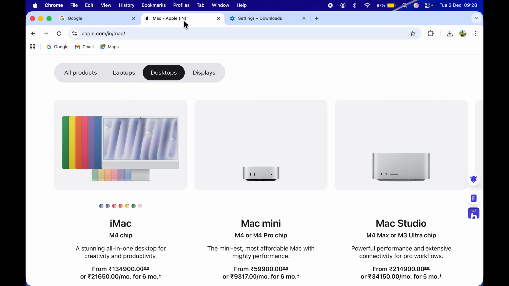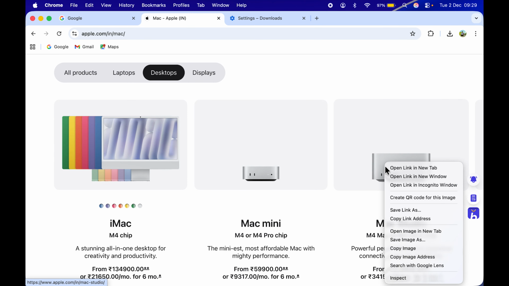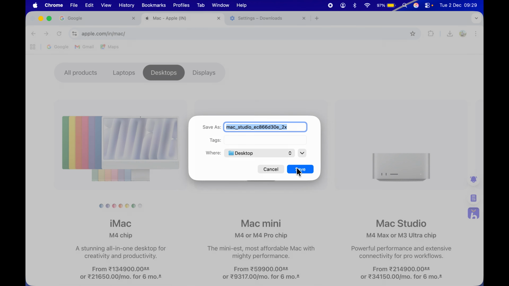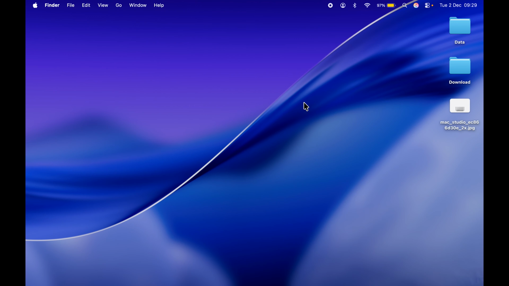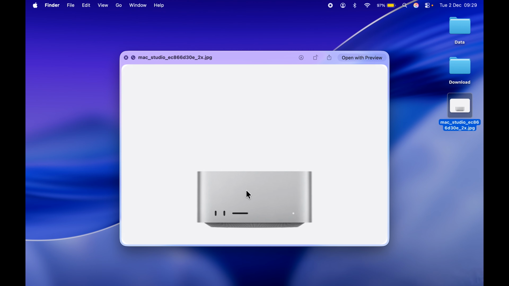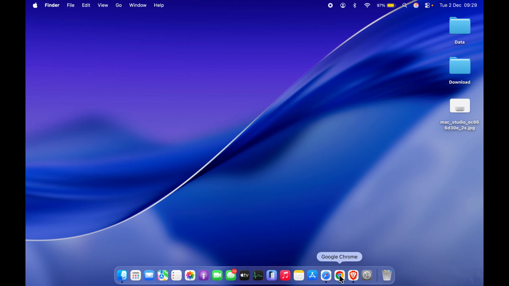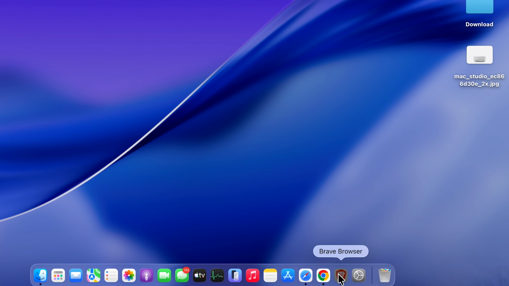Now let's try to download this particular image from Google Chrome. You can see it is showing desktop. If I tap on the save option, you can see the file is saved on desktop. So for Google Chrome, we have changed the download location, and you can do the same thing with the Brave